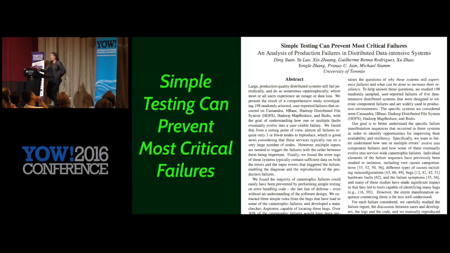Do that, but the reason I bring it up in this talk is because there was this great paper in 2014 that came out, and this was another great partnership of academia being interested in what is happening in industry today. So these researchers analyzed 5 open source systems: Cassandra, HBase, HDFS, MapReduce, and Redis. These are all open source. They looked at the code and the bugs that were filed for all of these code bases, and they randomly sampled 198 bugs.